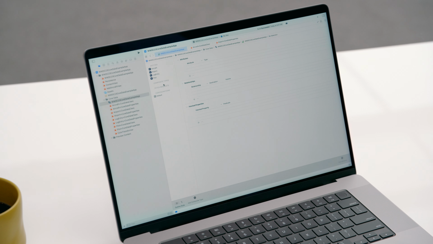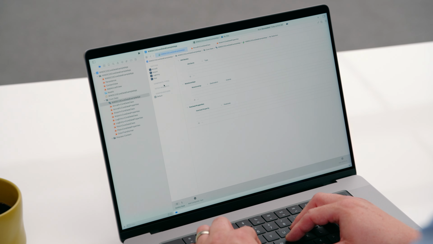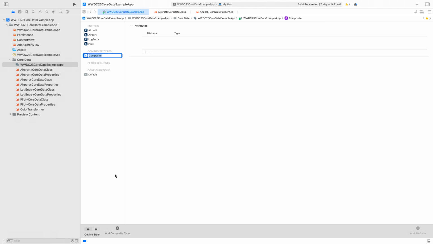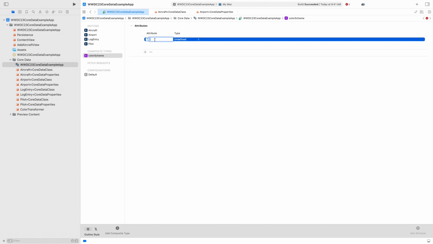In Xcode, I'll open a project which is an app I use to track my flight time. The data model for that app is configured with the aircraft entity that I just talked about, as well as a couple other entities. To begin the conversion in the Core Data Model Editor, I'm adding a new composite attribute named colorScheme. Within that composite, I'm adding 3 string attributes: primary, secondary, and tertiary.